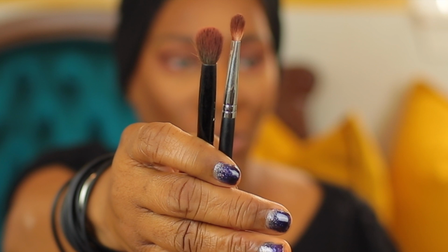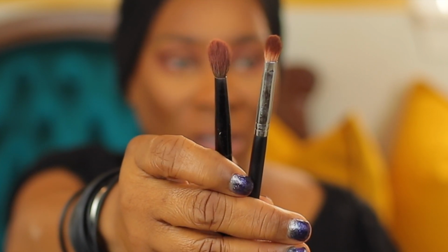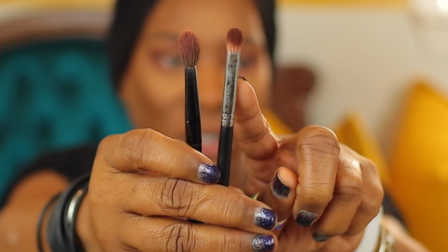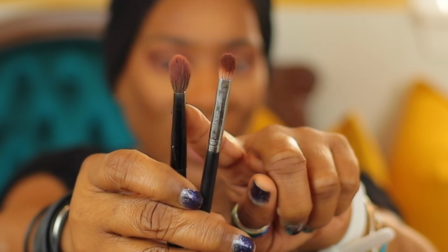Now, depending on how much color payoff you want, the brush does make a difference. The more color payoff you want, use a really dense brush and not something fluffy like these. These are two great examples of a dense brush and a fluffy brush. You can see this brush here, which everybody knows, the MAC 217. And then this is just a fluffy